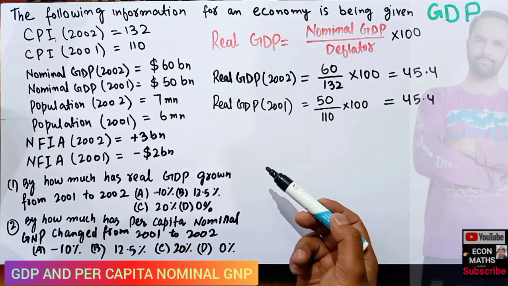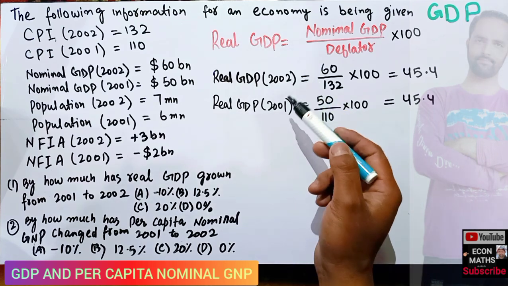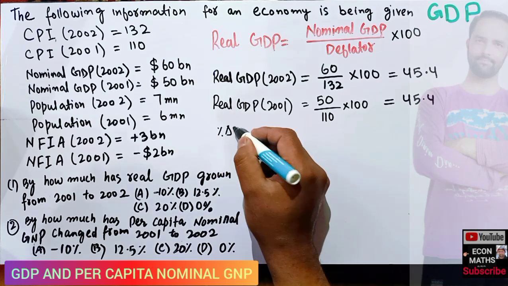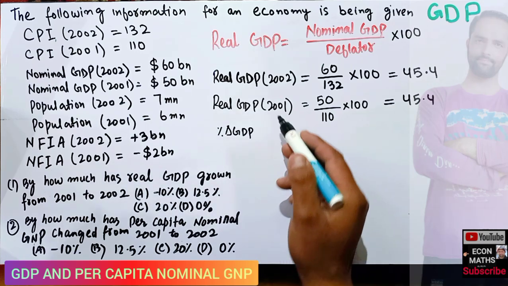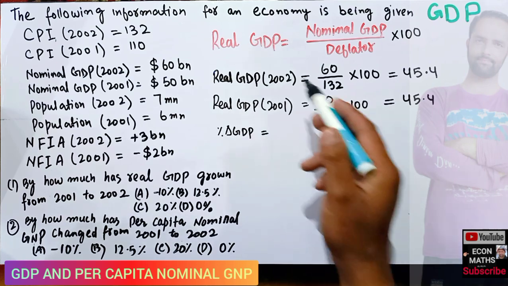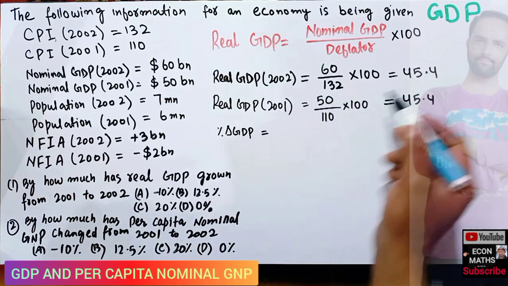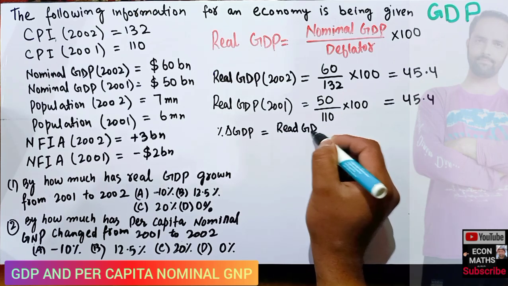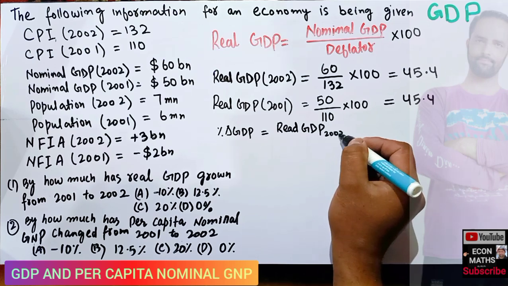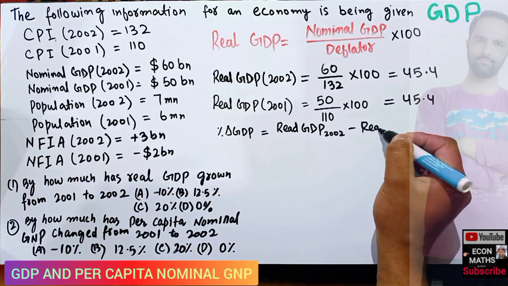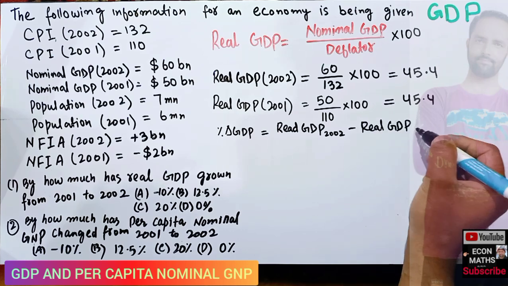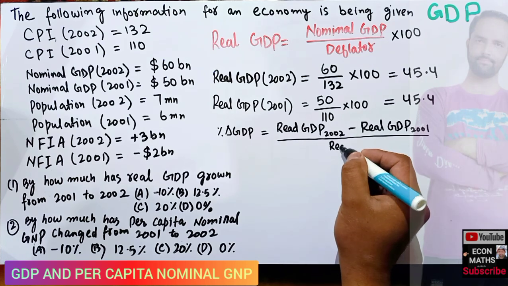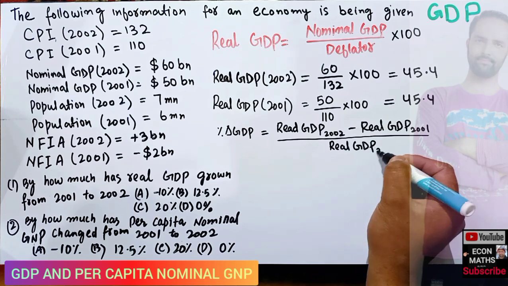Now the percentage change in GDP from 2001 to 2002 is simply equal to real GDP in 2002, that is 45.4, so I will write here real GDP in 2002 minus real GDP in 2001 upon real GDP in 2001,